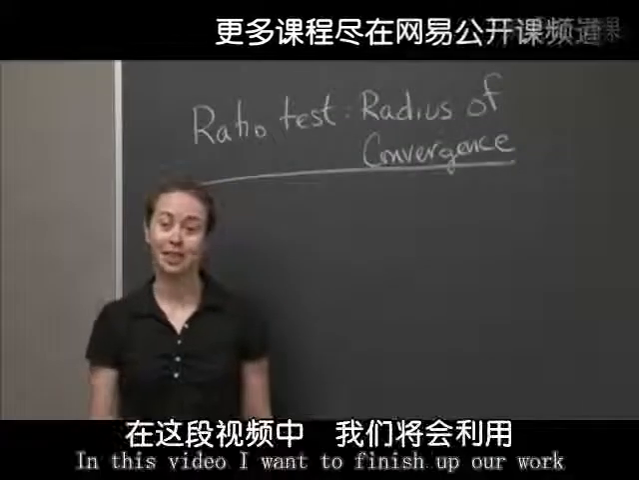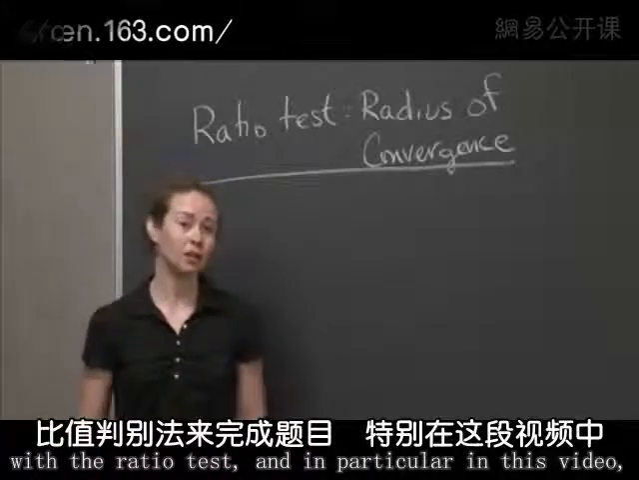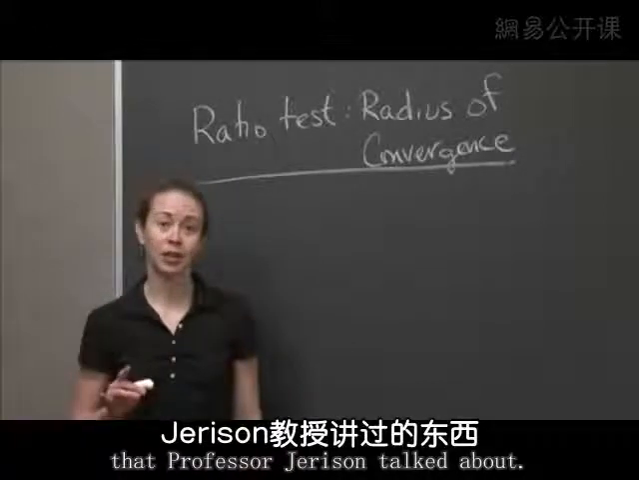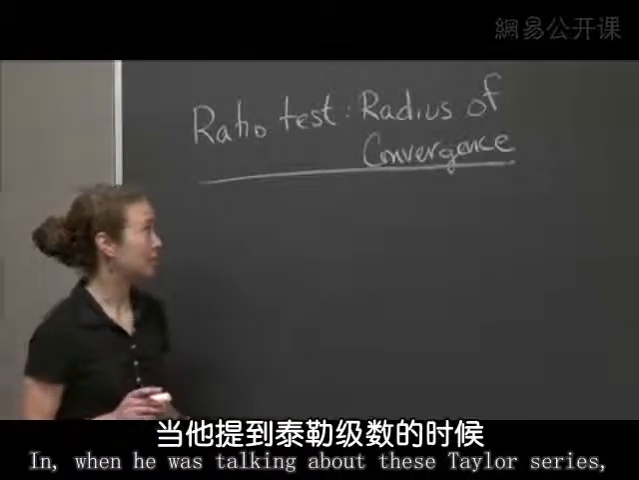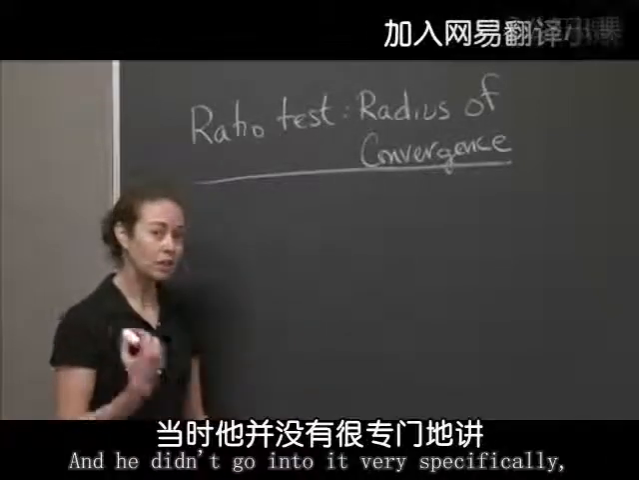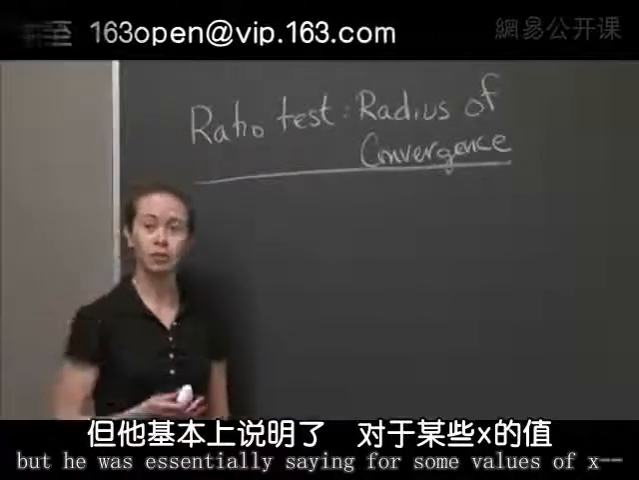Welcome back to recitation. In this video, I want to finish up our work with the ratio test. And in particular, I'd like to address something that Professor Jarrison talked about when he was talking about these Taylor series. He was talking about the radius of convergence at some point. And he didn't go into it very specifically, but he was essentially saying, for some values of x, you'll have